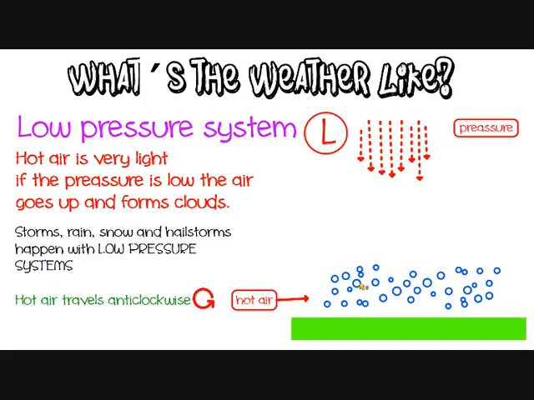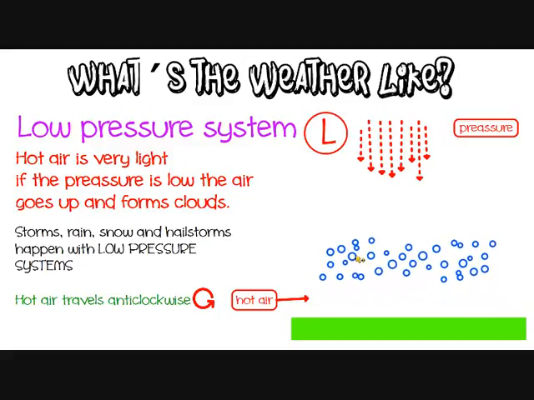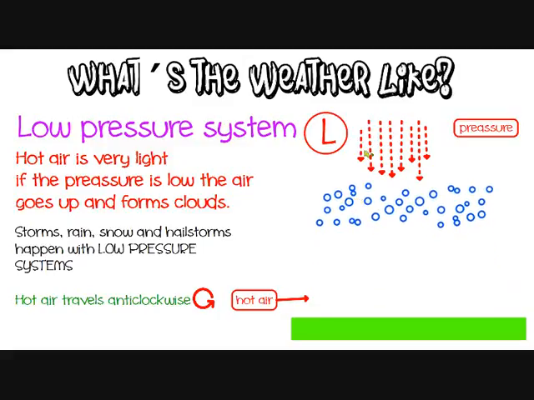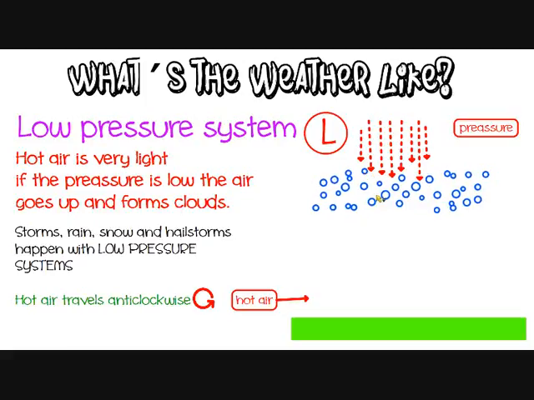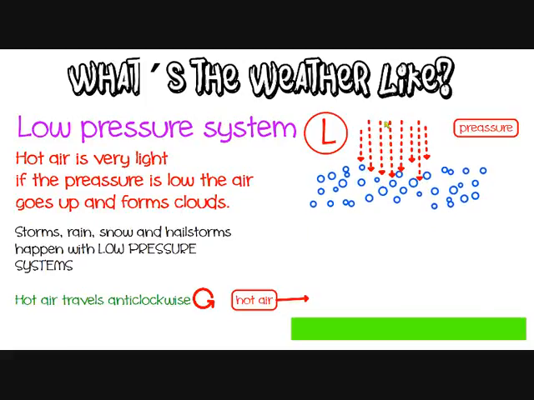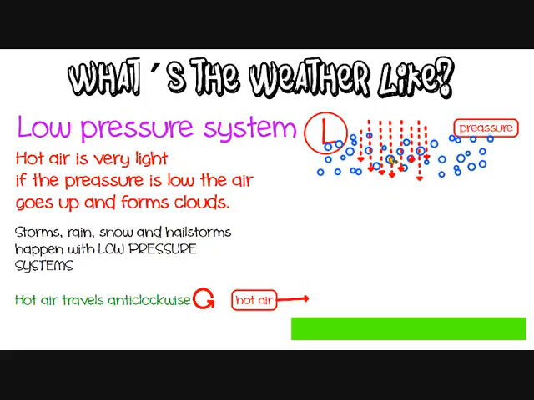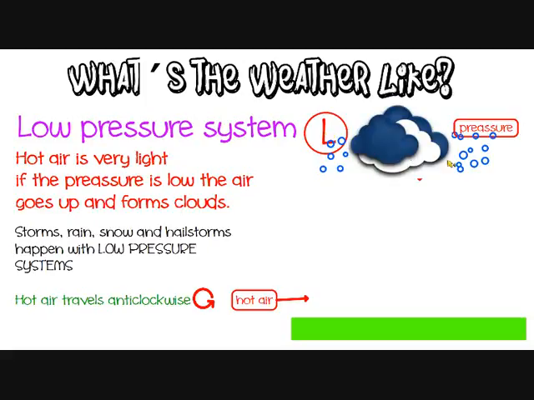So the air, because it's very light, not heavy, goes up easily, and because there is a very low pressure, the air continues to rise, goes up, up, up into the atmosphere,